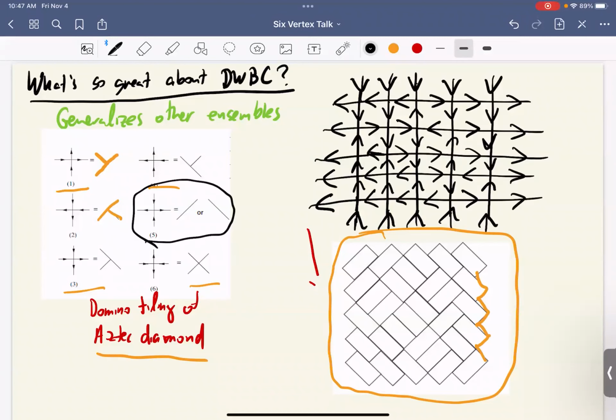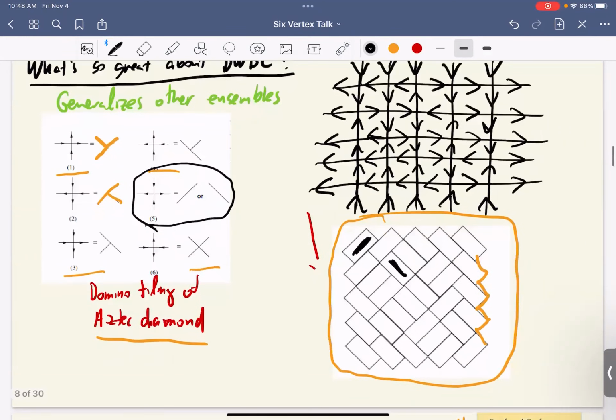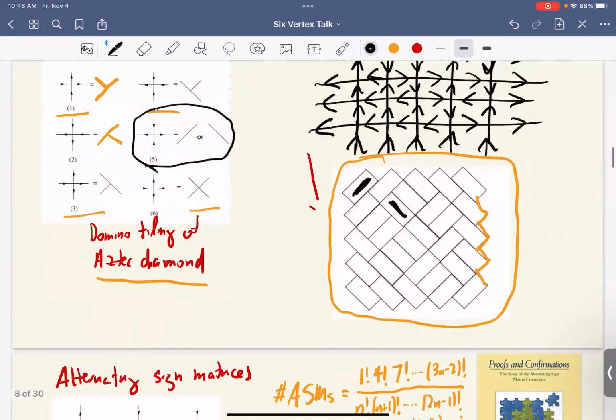Of course, the six-vertex model is kind of a bigger model because when we make these domino tilings, we don't see all 6 vertex types really. We see just which type of dominoes we have, the upright ones and the downright ones. So somehow the Aztec diamond domino tilings are a more restricted model than the 6-vertex model. Okay, so this is something that we can study using the 6-vertex model.